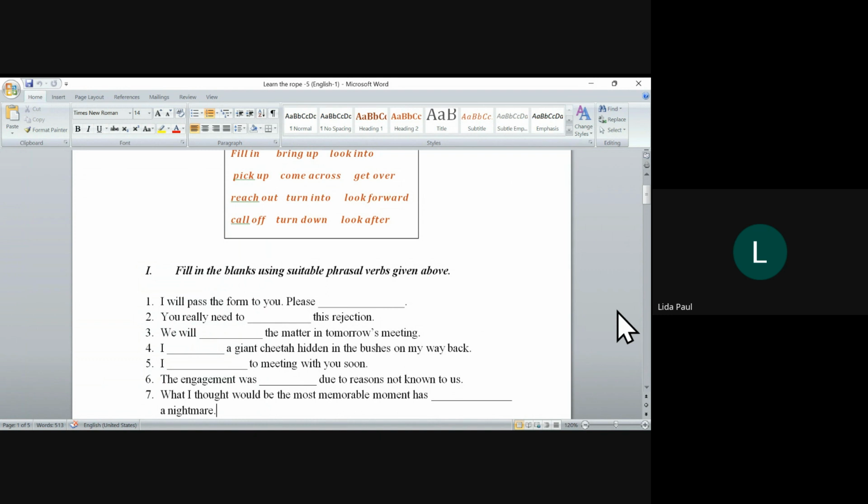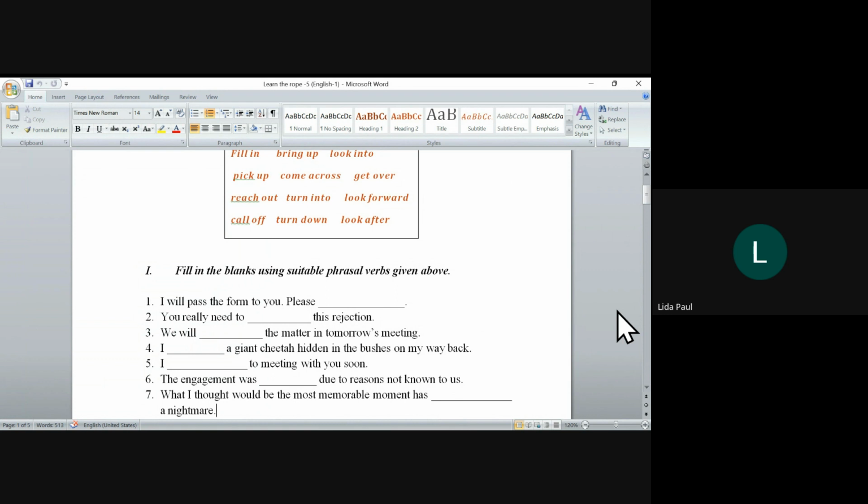We will dash the matter in tomorrow's meeting. So a phrasal verb which is similar to the word discuss. Look after. Look after is not right. But look is there in this answer. Look forward. Not look forward. Look into, right? Look into. Yes, right. Someone has answered already: Manoj and Naman and Arunodaya. Yes, look into, right? This is an equivalent for the word discuss or take, right?